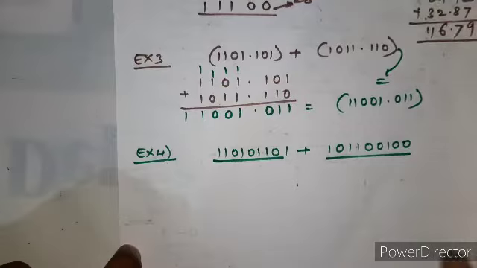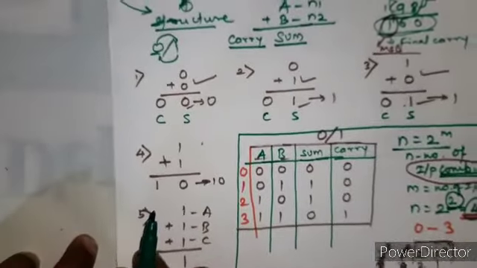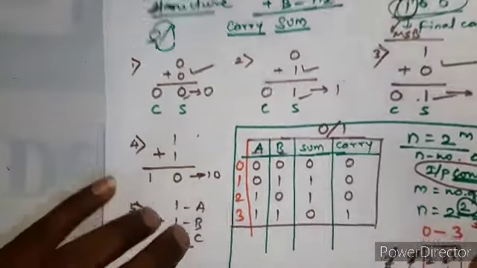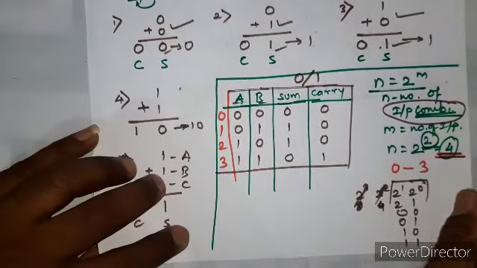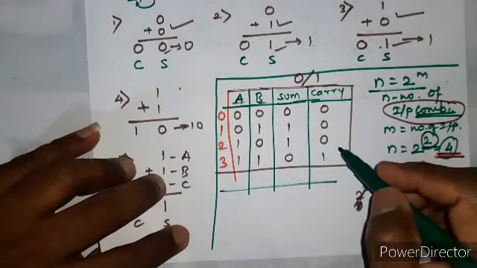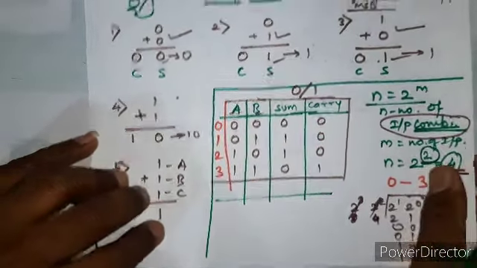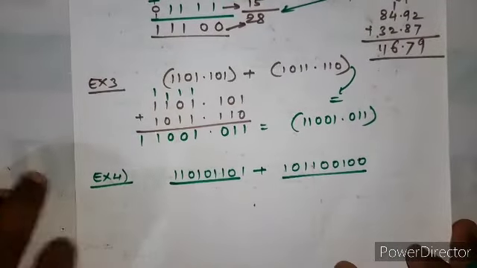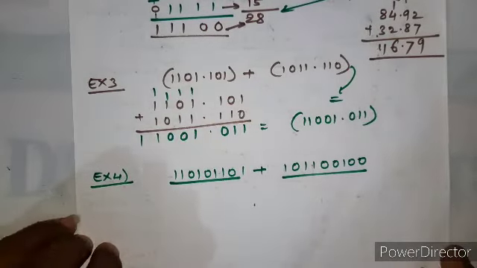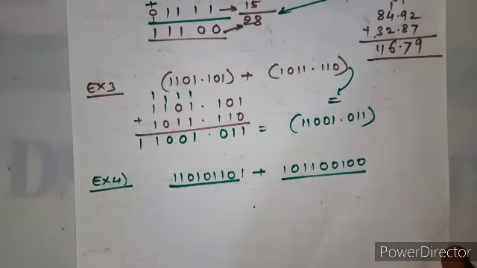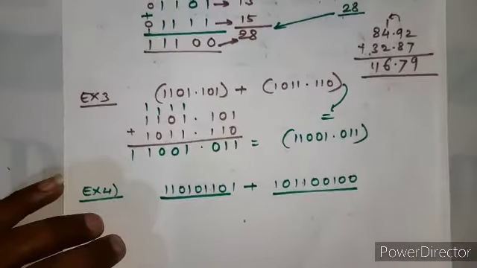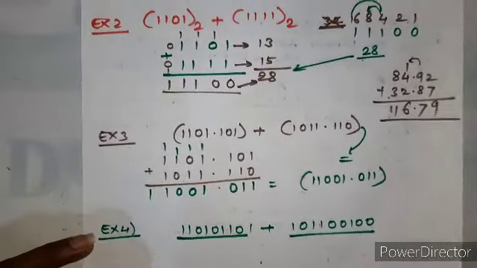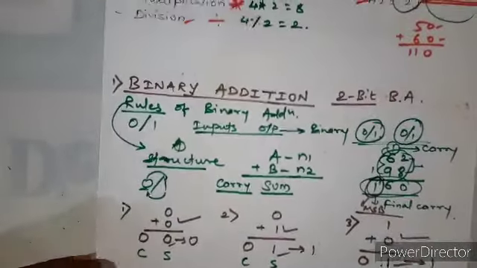Okay, so this is all about binary addition. This is the base of binary addition. In the third chapter, that is combinational logic circuits, we will again come back to these concepts where we will actually construct the circuit of this binary addition. And then we can have 2-bit, which is also called a half adder, and 3-bit, which is also called a full adder circuit. Okay, so this is about binary addition.